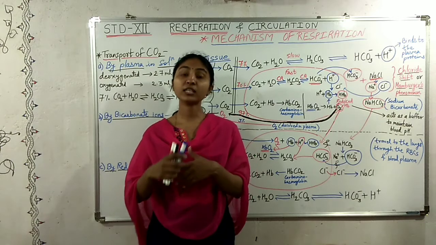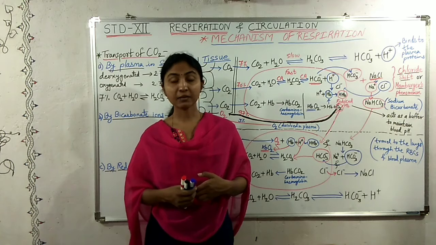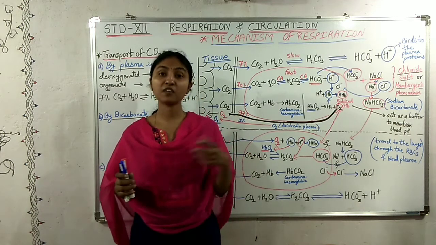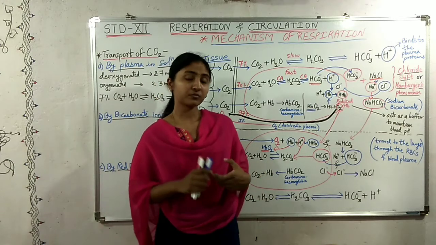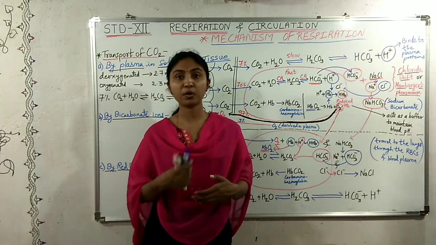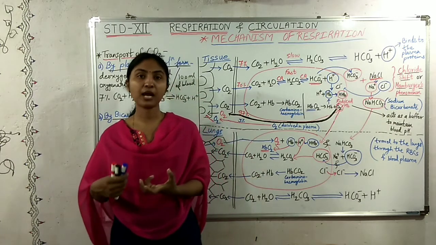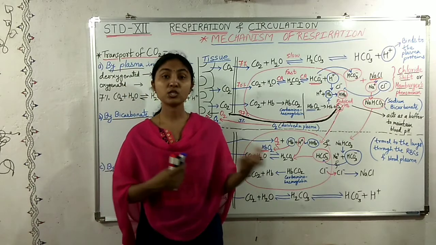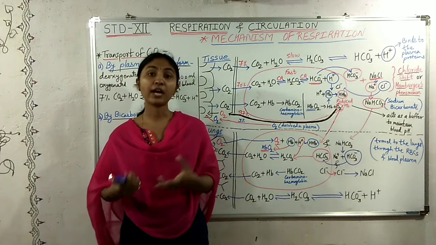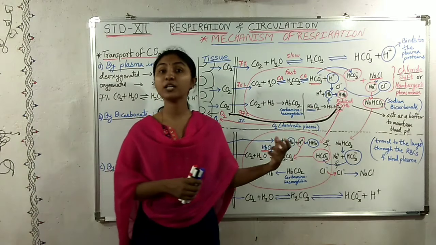And when the tissues are working or when the body is exercising, what happens? This oxyhemoglobin dissociates oxygen. It gives away oxygen. We have seen that as the tissues are working or performing exercise, they use up the oxygen dissolved in the plasma, and they need more and more oxygen to perform their work. So from where do they get more and more oxygen? That oxygen is borrowed from the hemoglobin.